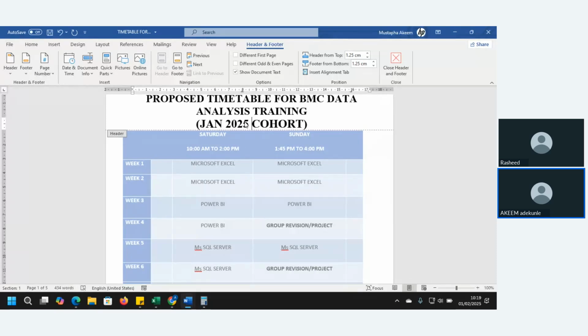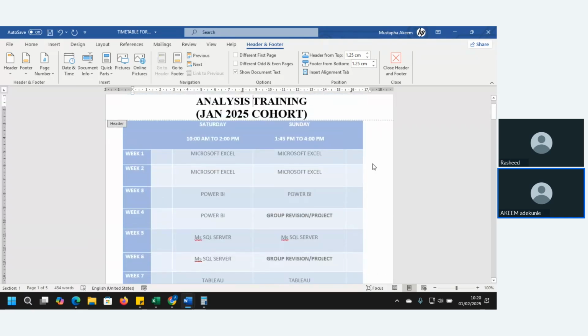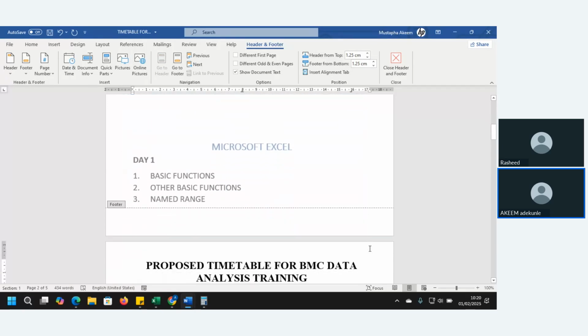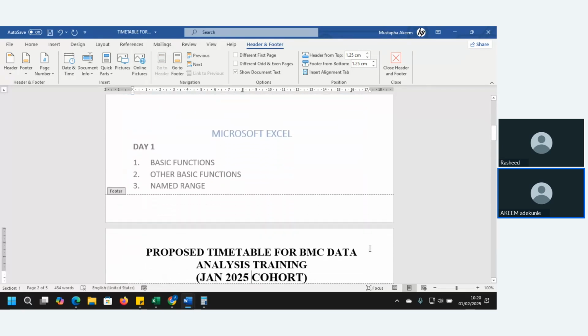Okay. So today is going to be the first class we'll be having on data analysis, and for the next 8 weeks, we'll be learning Microsoft Excel, Power BI, SQL, and Tableau. During this class, we're going to learn some basic Excel functions.